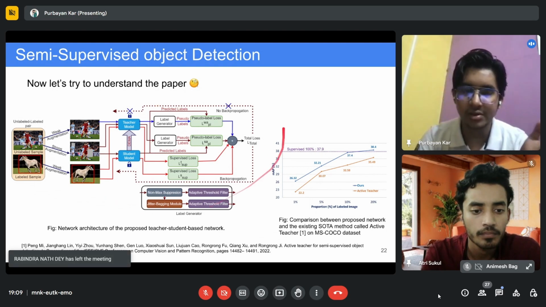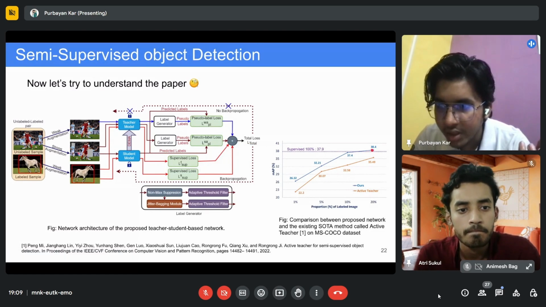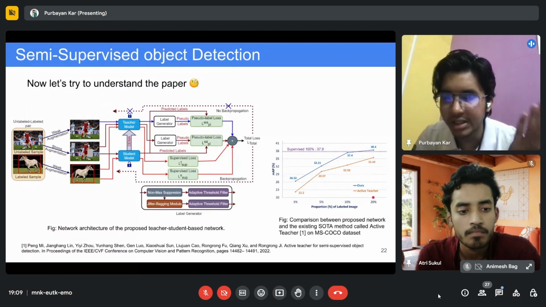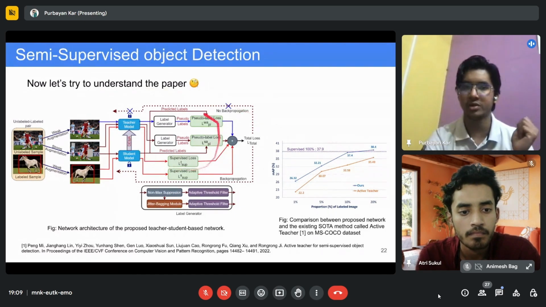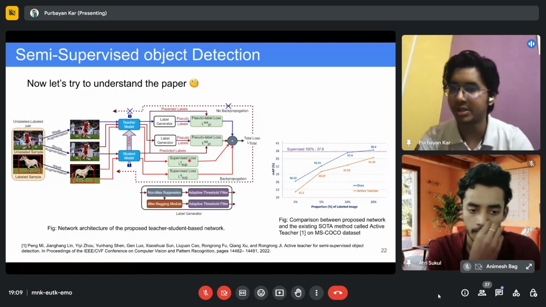But now if we utilize this framework, with only 20% labeled data and the rest 80% unlabeled data, we are able to surpass supervised performance. So this is how we have utilized labeled and unlabeled data and solved the problem of semi-supervised learning.